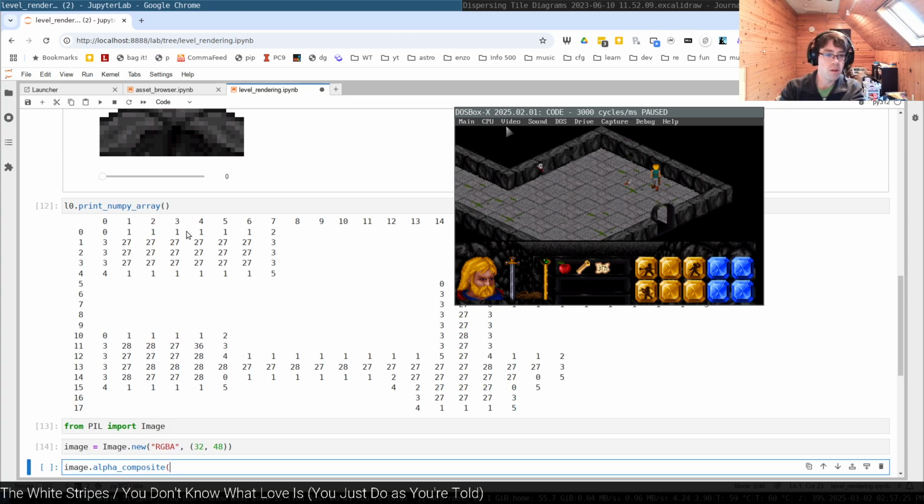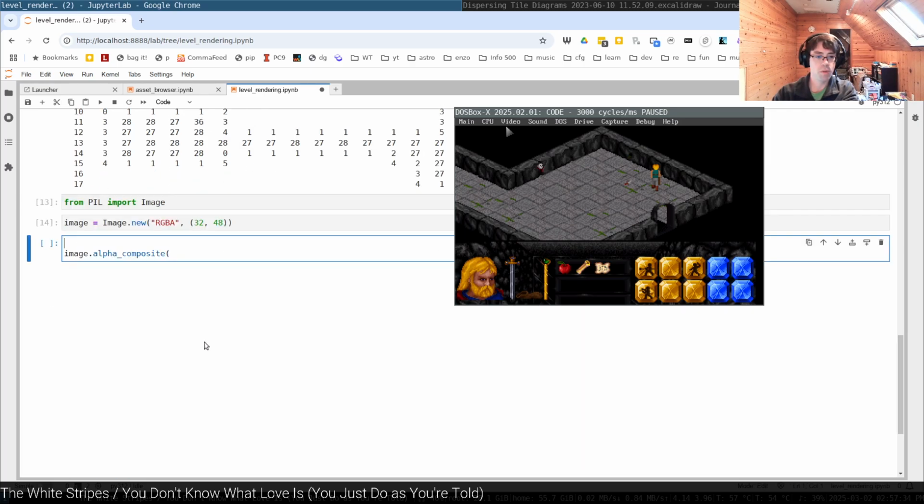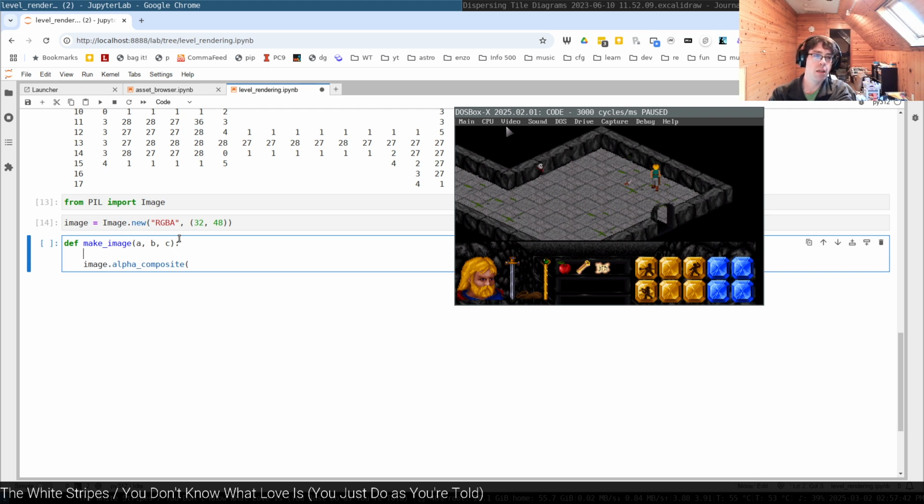Okay. All right, so image alpha composite. We will do this with a definition, make image A, B, and C. Okay. IMA equals